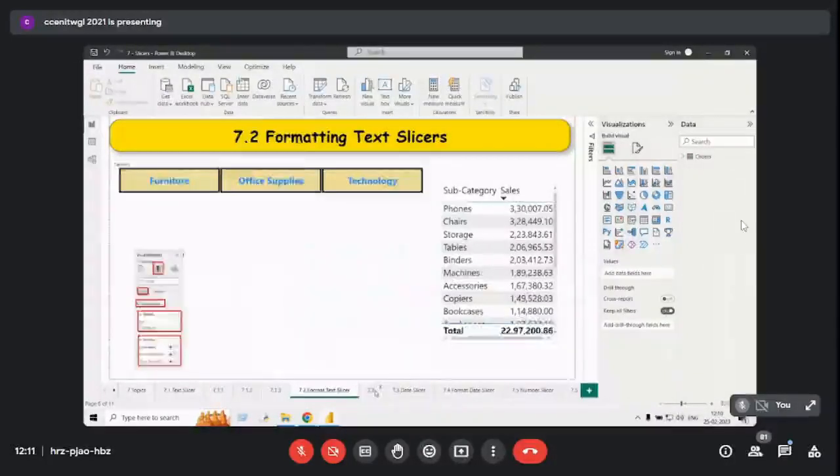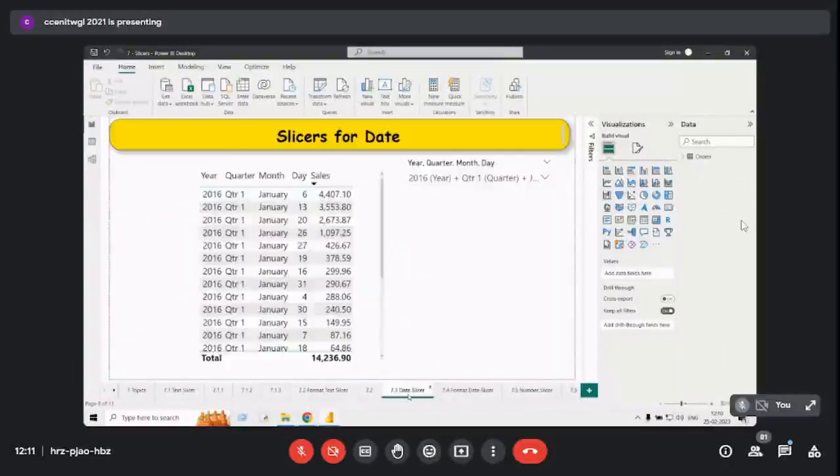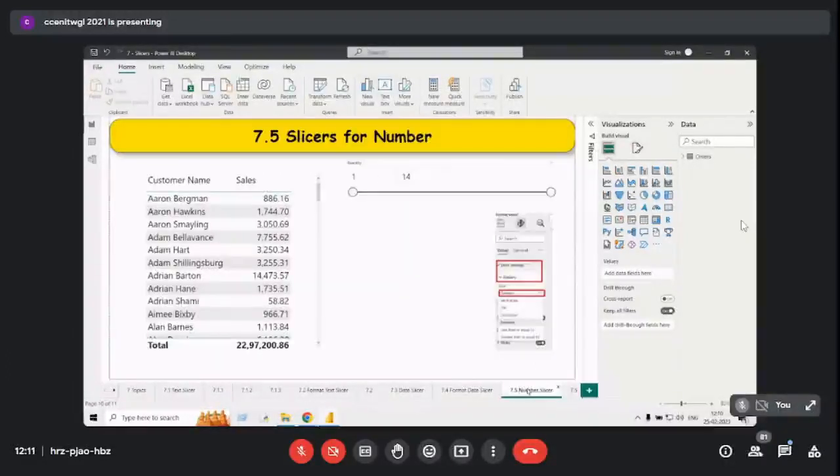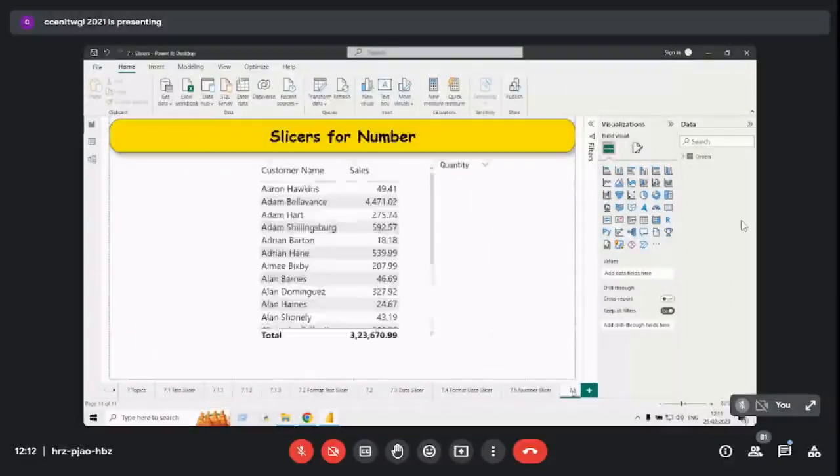Formatting is done. Date slicers, date formats, I'll skip. Another one. See, previously, whatever slicers we have seen, everything was on one thing, that is nothing but simple text and all that stuff. Sometimes I am even interested in number-based slicers. Number-based slicers means, suppose, for example, let me